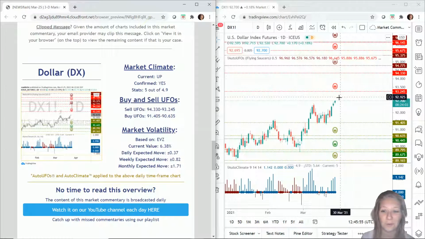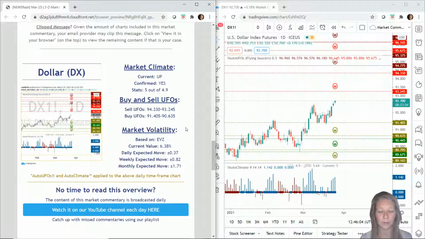But we'll see, of course, different things happen in the markets, unexpected things happen in the markets. None of this is guaranteed. It's based on probabilities and statistics. But just because something's probable doesn't mean it's definite, so we still manage our risk just in case we're wrong. But based on the probabilities that we see here, we've come off of a stack of buy orders. We've still got quite a strong move to the upside there, a little way before we hit the sell orders. So I would say overall probability to the upside there for the dollar.